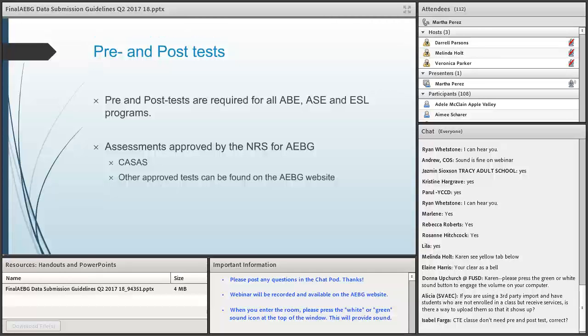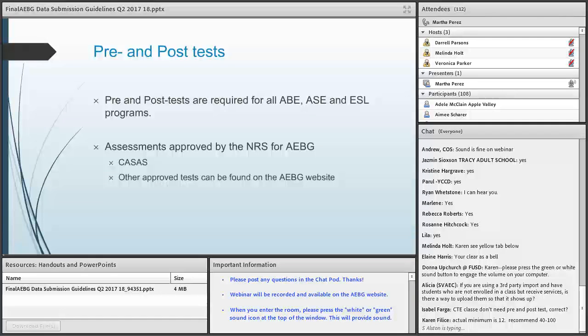The minimum number of hours needed for post-testing a student that CASAS recommends is 40 hours of instruction, so they can have a gain. So you should post-test the student after 40 hours of instruction.